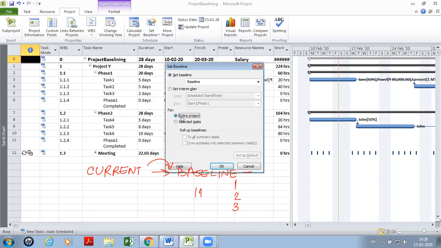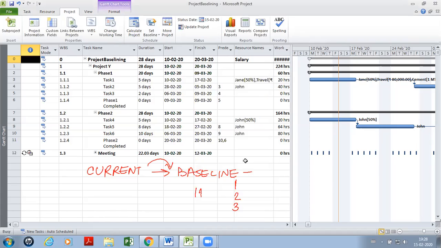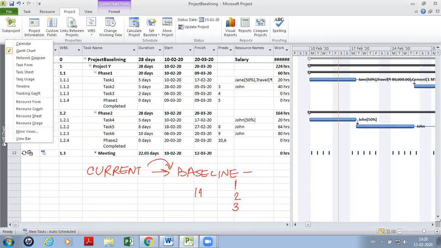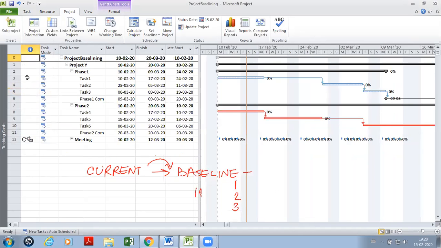So right now what we are going to do is baseline the entire project. We are going to copy the current data into baseline. Before I do that, I want to switch to a different view. I want to switch to tracking Gantt, which we have seen earlier, the red and the blue colored horizontal ribbons.